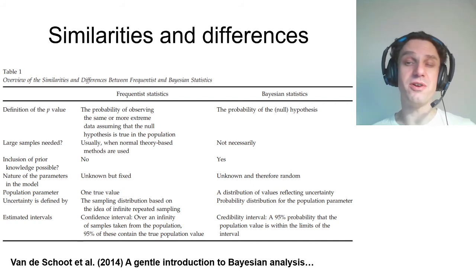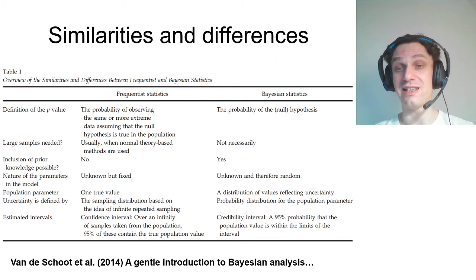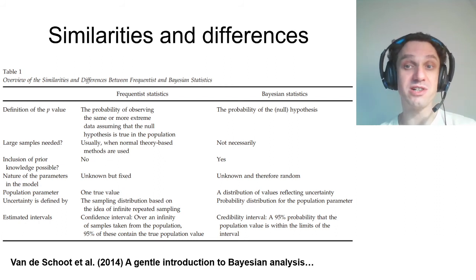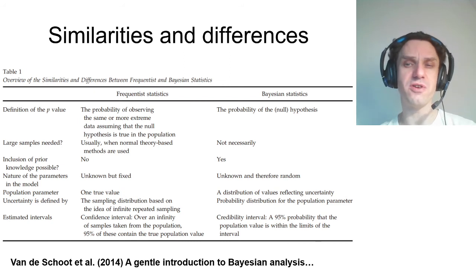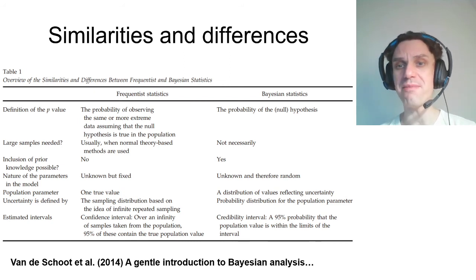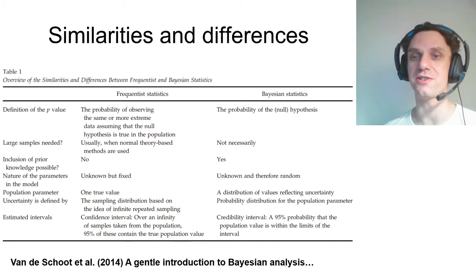However, Bayesian approach also has some disadvantages. First, it's more complex. It's more difficult to apply and to interpret. That's why if you are applying Bayesian approach in your paper, you need to be prepared that it will be very hard to find reviewers to review this paper, at least at present, because many people are not familiar with the application of Bayesian approach.